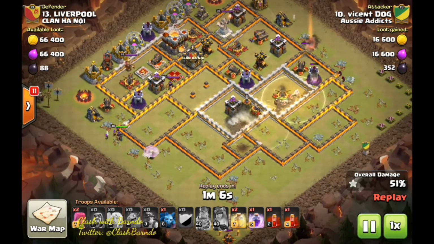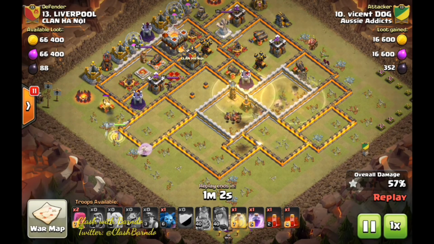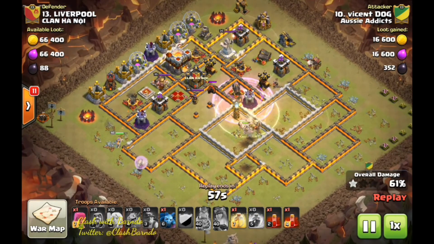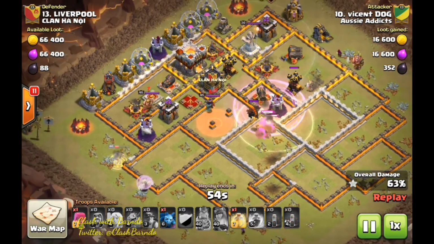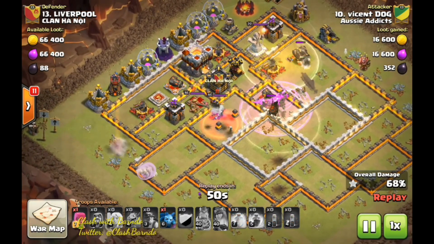What do we do with this raid? Do we use the rage in midfield? And that's where we've gone ahead to get those miners through, speed them up and get them into that enemy queen. And you can see the miners going through, the skeleton spells put down on the queen, and you can see